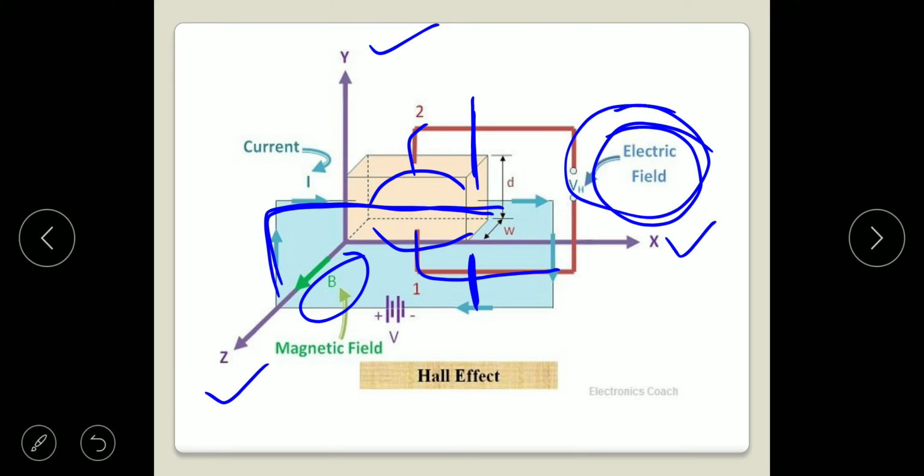So what is the Hall effect? A continuous current flows through the conductor, and when we apply the magnetic field, the charge carriers are separated out: positive is collected at the positive terminal and negative at the negative terminal, and we get a potential difference between the two points. We measure the voltage using a voltmeter. This is nothing but the Hall effect.